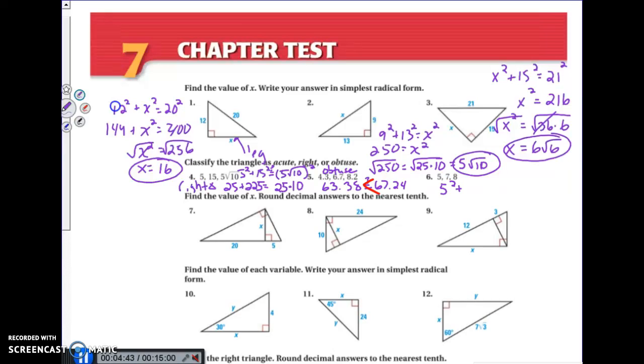5 squared plus 7 squared. How does that compare to 8 squared? So I end up getting that 74 is bigger than 64, which makes this acute. So when the sum side is bigger, then it's acute. Right, 7 through 9